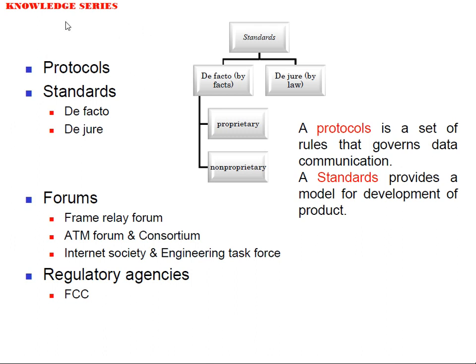But if you make a product and it is floated in the market, then it is put under questions. So that's why de facto and de jure are the two types of standard. De jure means it is based on establishment by law. That means the standard is already approved prior to the product being made. Whereas here the product is made based on an idea and it becomes accepted by the people, but it is not a standard.